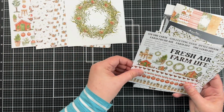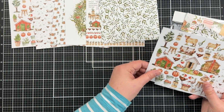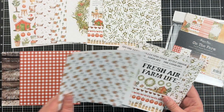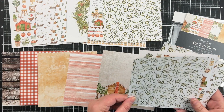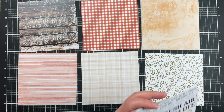The basis for my cards today is going to be this On the Farm set from Paper Rose. This came in a mystery box. You may have heard me talk about those before, but I'm working through my mystery box to create all kinds of projects this year. And this is probably a pattern paper set that I wouldn't choose myself. I'm not really into really busy patterns, and the on the farm look isn't really something that I would normally go for,